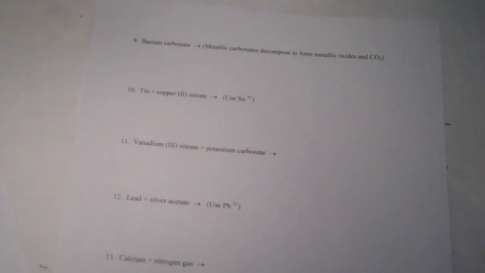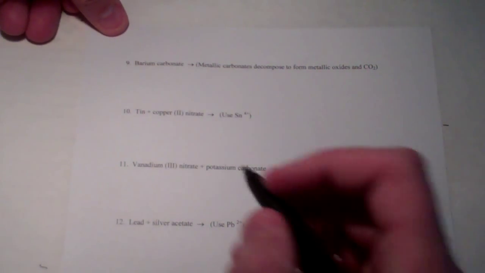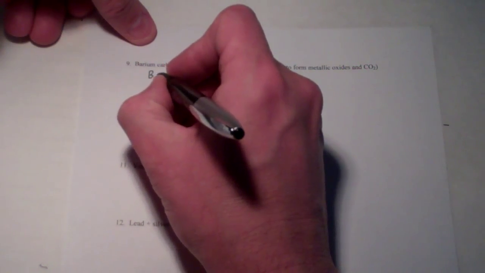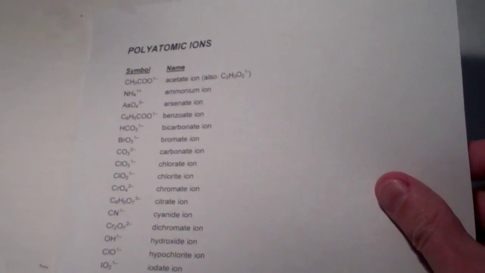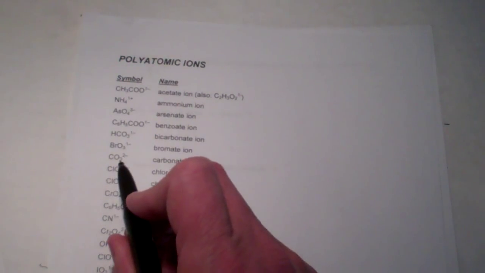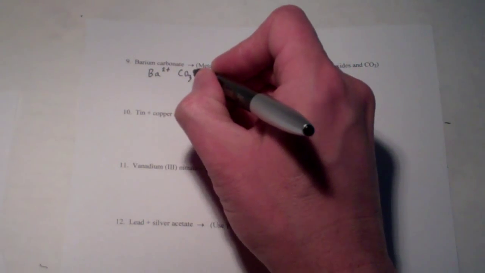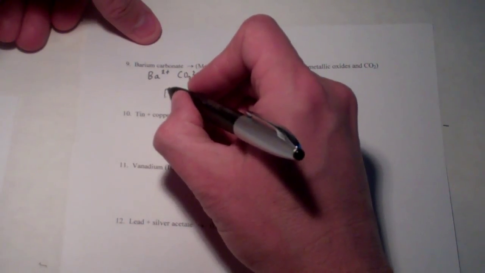Alrighty, moving on to number 9. Boy, a bit more than halfway through here. So, number 9 is another decomposition reaction. And this happens to be a metal carbonate, barium carbonate. Now barium is in group 2, has a 2 positive charge when it forms a bond. Carbonate is one of our polyatomics. It's CO3 2 negative. So we have a 2 positive with a 2 negative. We end up needing 1 of each,